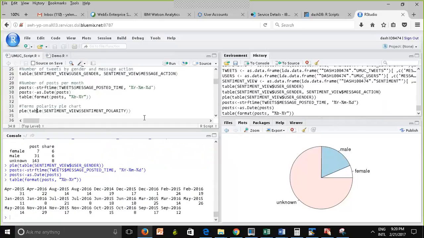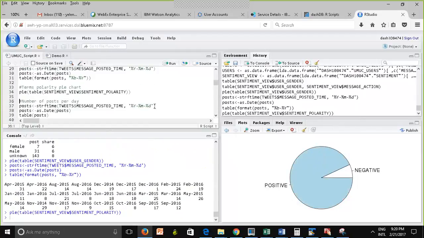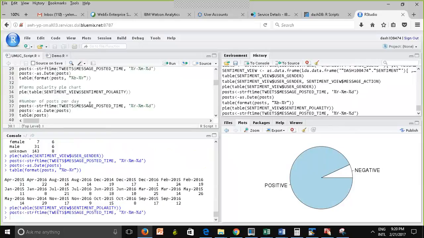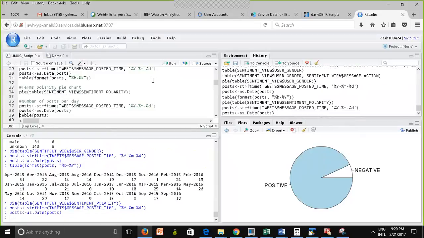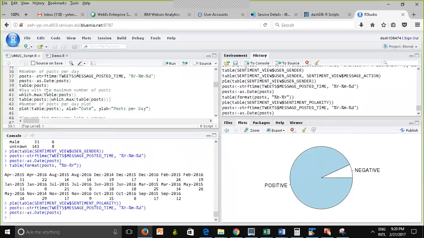Here, this is a pie chart that I showed you, but this one is going to show the breakdown by the polarity. And you can also do the plots of number of posts over time. I didn't sort it, but if you're interested, you can do the sorting and you can do a nice plot.